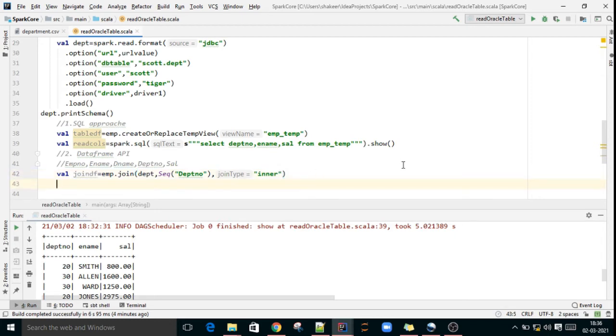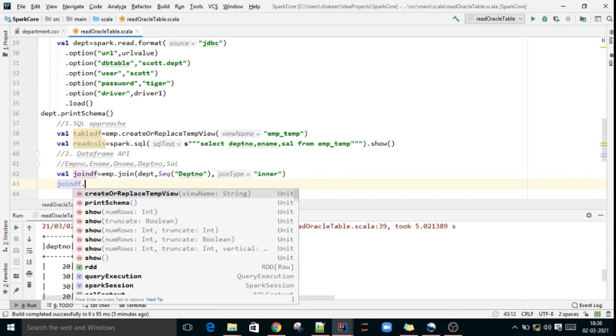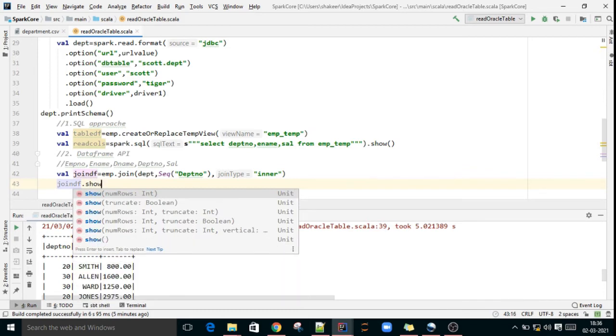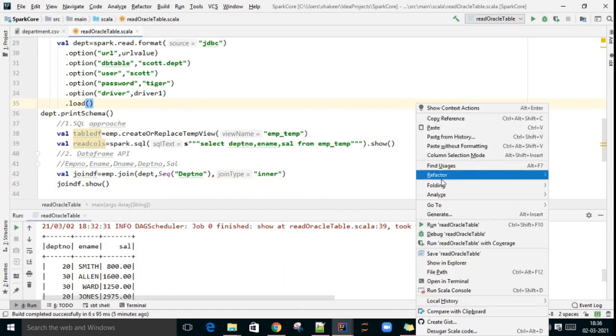After performing the join, we'll see how the data will be. Like joinDF.show. Show will do first. We comment all these things.